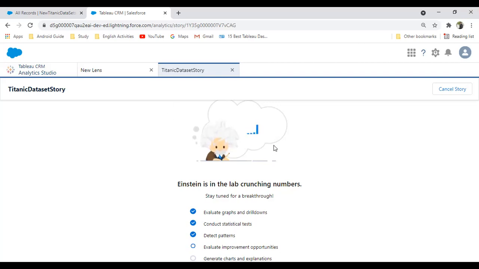It will take a few minutes, depending on the number of records we have. If we have a huge number of records, it will definitely take time. But in our case, we don't have that many records, so it will hardly take a few minutes to complete. So let it finish.